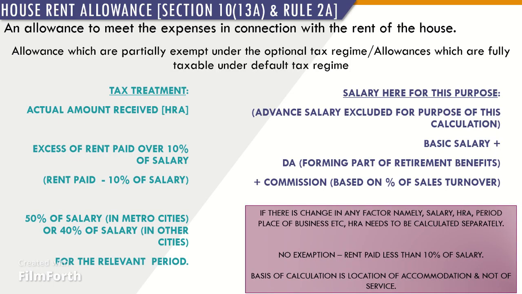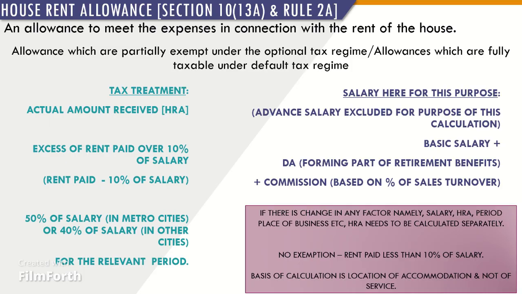House Rent Allowance. HRA is a special allowance specifically granted to an employee by his employer towards payment of rent for residence of the employee. HRA granted to an employee is exempt to the extent of least of the following, in case such assessee exercises the option of shifting out of the default tax regime provided under Section 115BAC(1A).